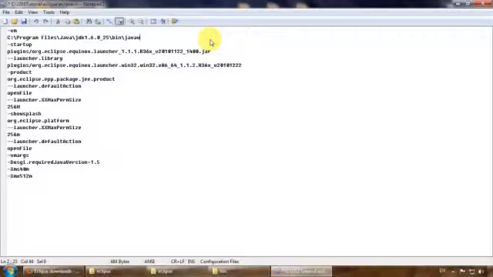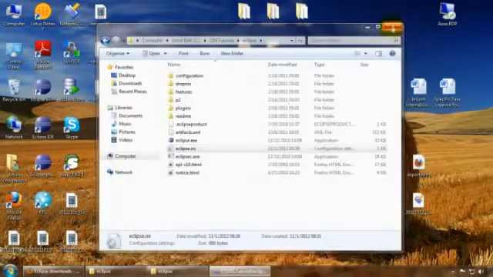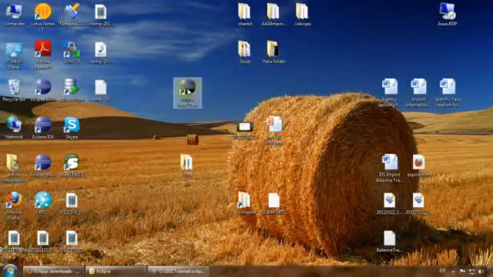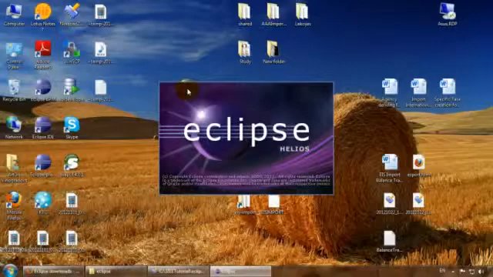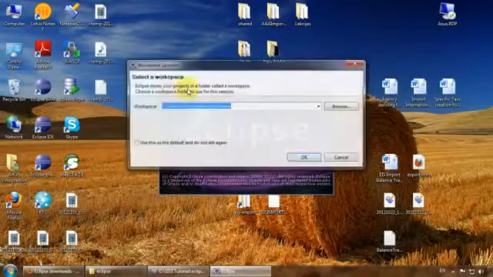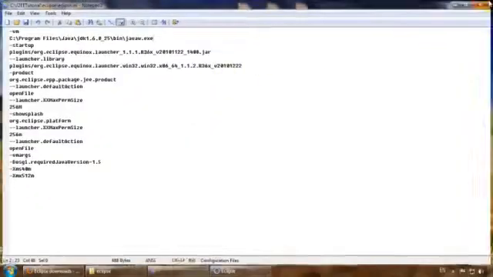It's called like that, and let's try to save this configuration and try to start Eclipse again. Okay. And it looks good. No more exceptions. So yeah, we fixed the problem,